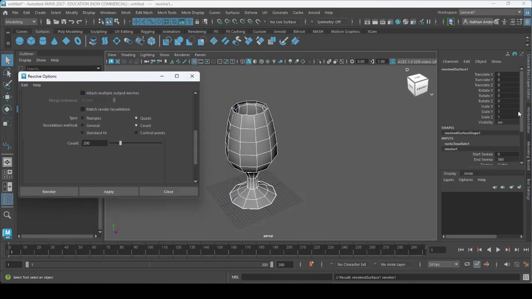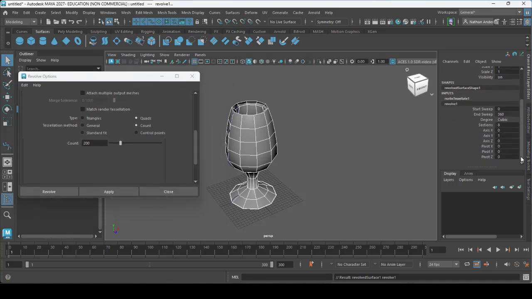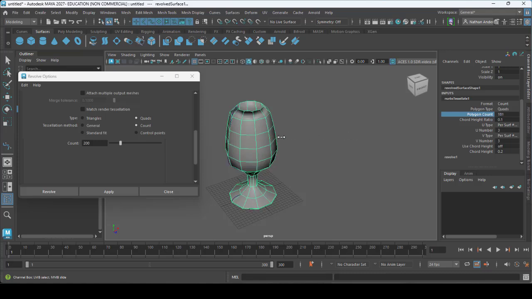If we go over to the channel box and scroll down a little bit, under inputs, you'll see the revolve and you'll see the NURBS tessellation. And if we go to polycount, I'm going to highlight polycount, move into the perspective view, and press the middle mouse button and drag it back and forth.